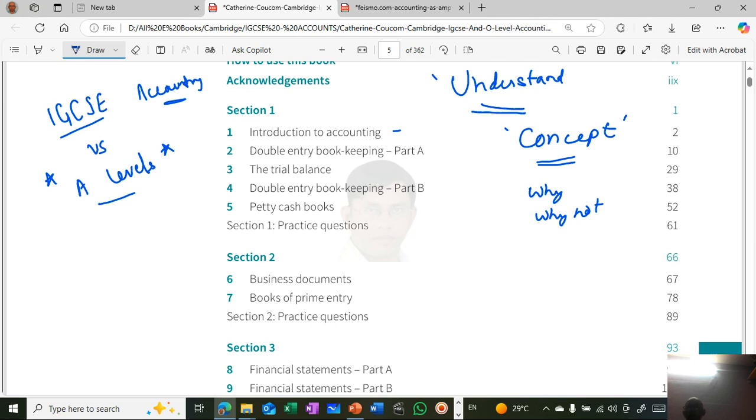Okay. So, books of prime entry. What are the books of prime entry? Like you maintain a sales journal, purchase journal, cash book, so many things. So again, coming to the next part,